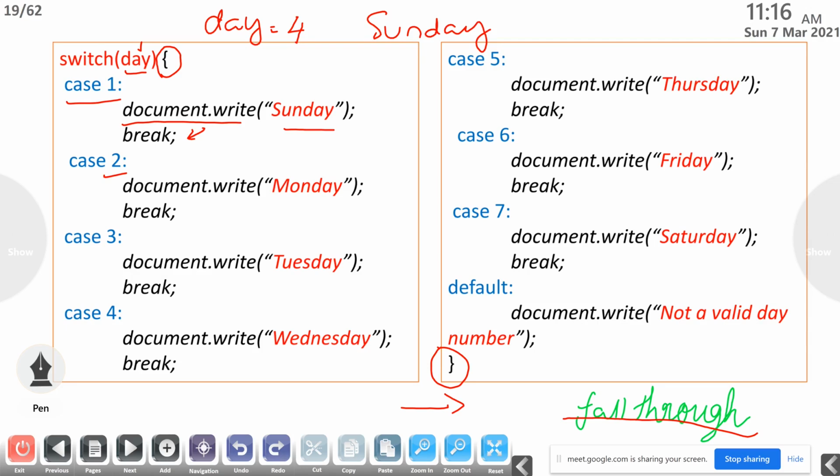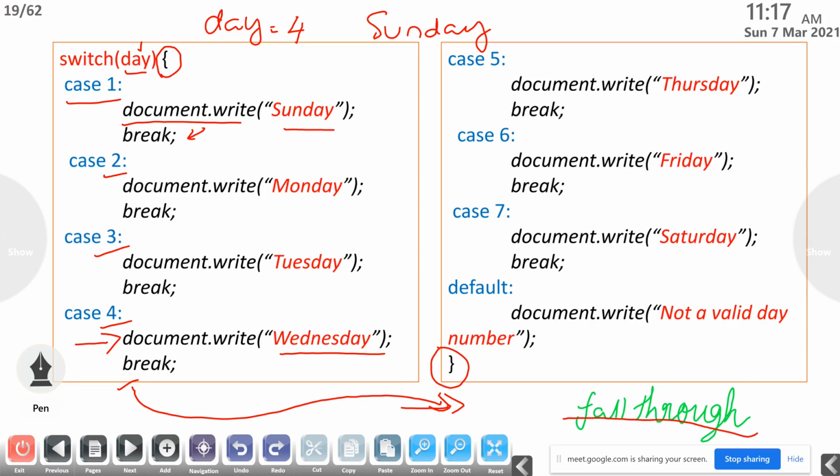No. Again it will check case 3. No, it's not 3. So again case 4, what is the value of day now? The value of day equals 4. Then it will print document.write Wednesday, then break. After printing Wednesday, it will move out of the switch statement.